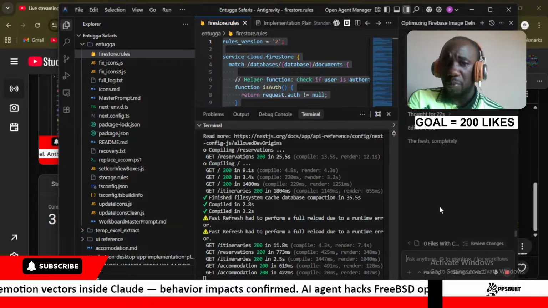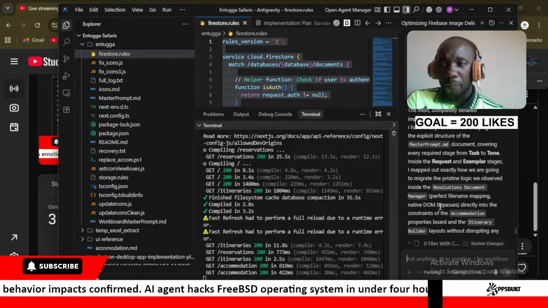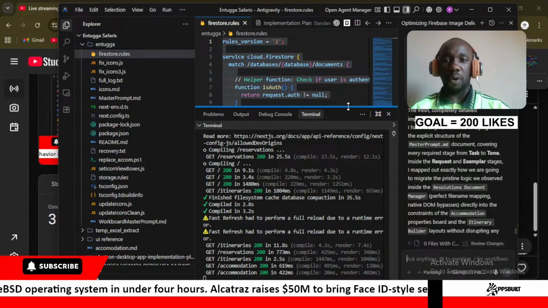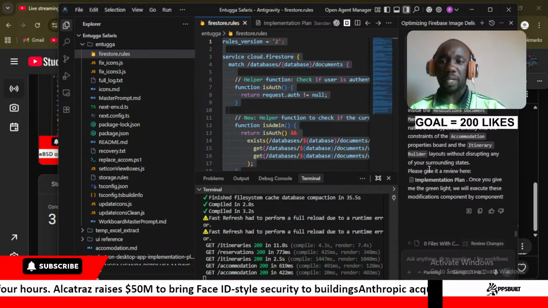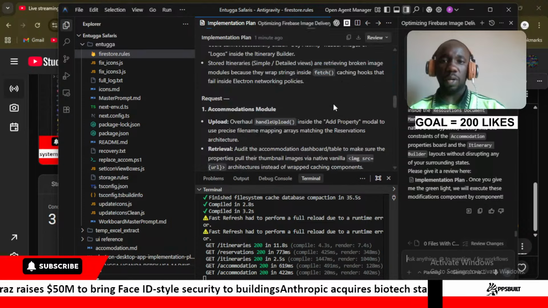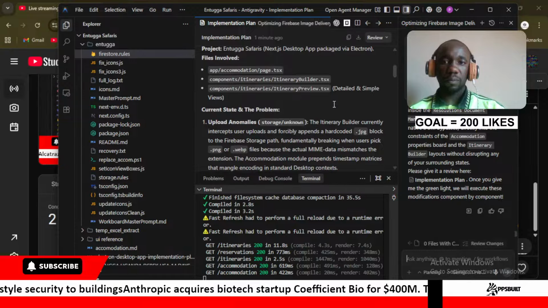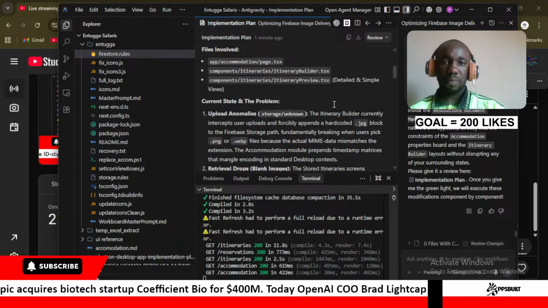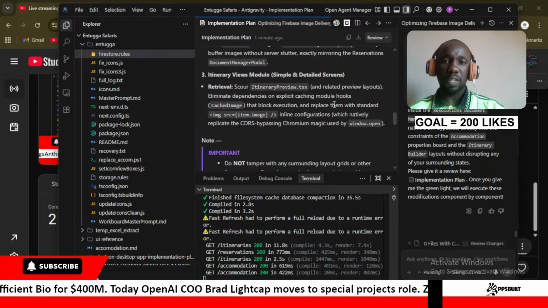Let's get this edited implementation plan. Prior, the challenge that we had, on one of our screens, the reservations, but particularly on the itinerary view, we were able to add items to our Firestore and retrieve them very well. But then in the other parts where we are supposed to view our screens, we are not able to view them very well. So now we are making modifications,